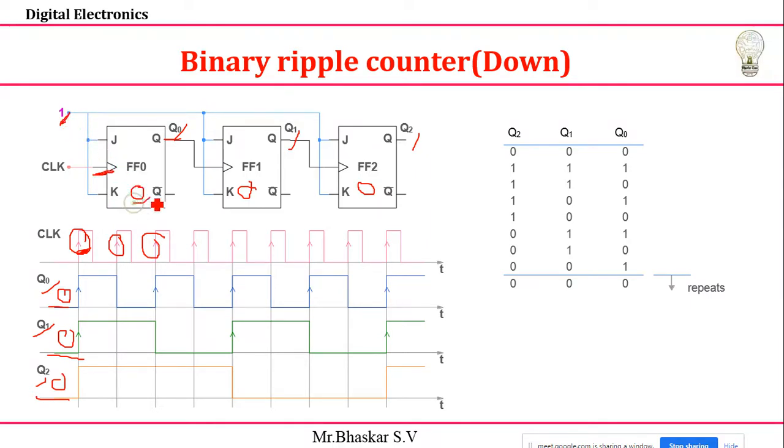toggling. Initially I have a 0, which means on the next clock it becomes 1, you can see that 0 becomes 1. On the next positive edge, 1 becomes 0, next it is 1, next it is 0, next it is 1, next value it is 0, 1, 0, continuously it is coming. This is for the Q0. Next I'm looking for the Q1.